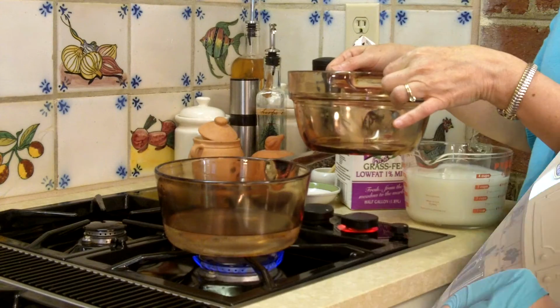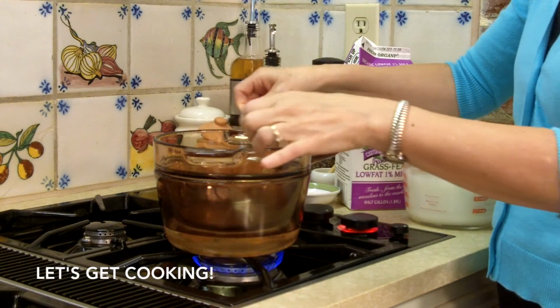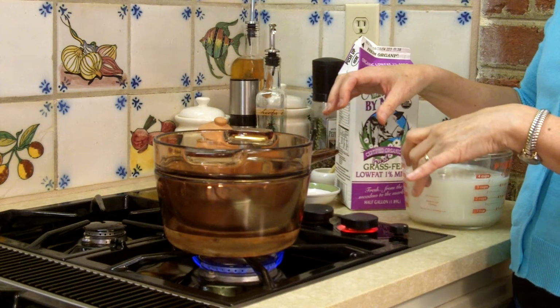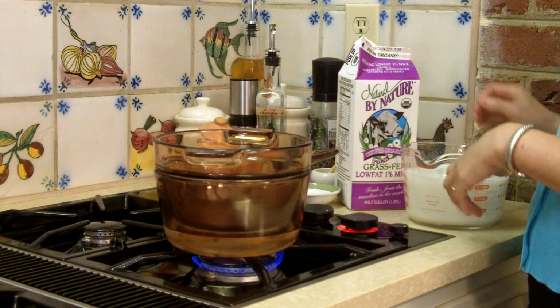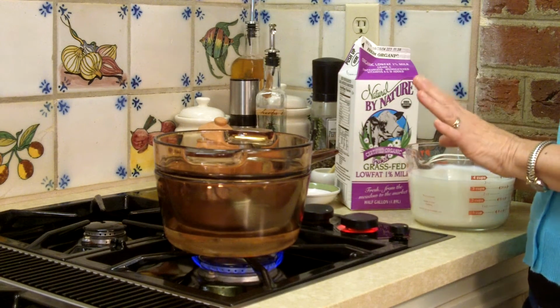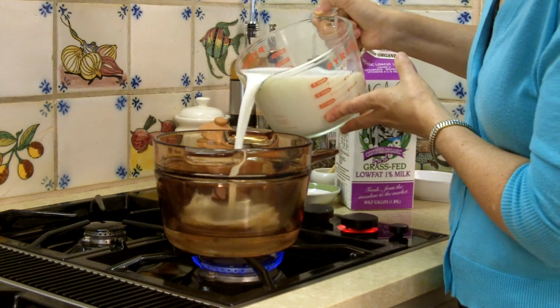of yogurt. I'm using a double boiler pot, so I'm going to put the top part of that in over the bottom part, and I put about 1 inch of water in the bottom. This way you don't really have to stir the milk. It will not burn. And then I'm going to pour in about 1 quart of milk,